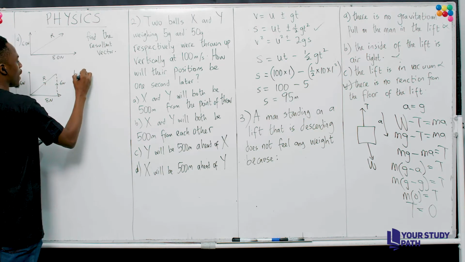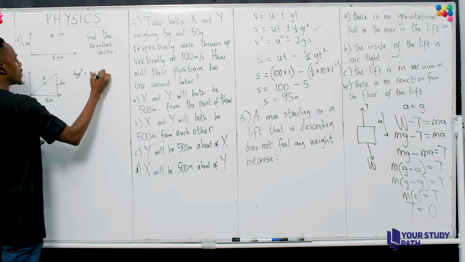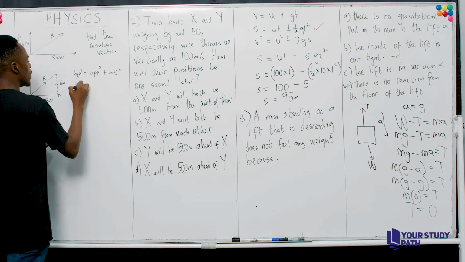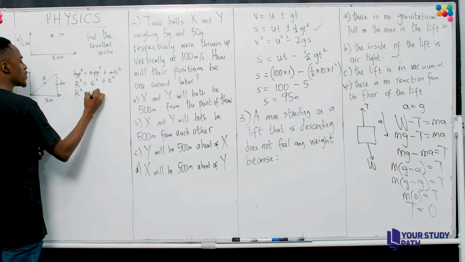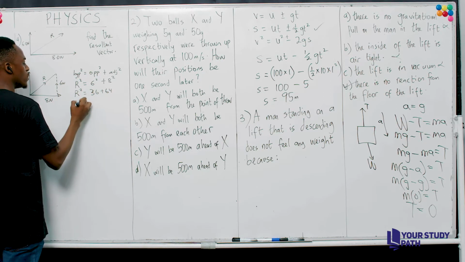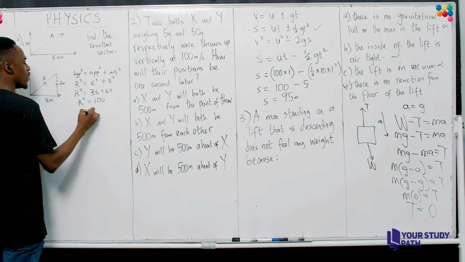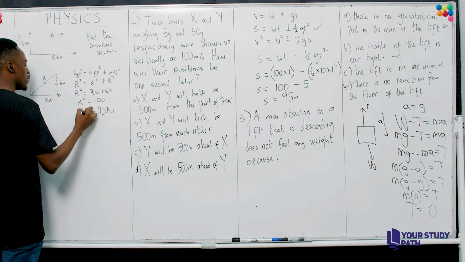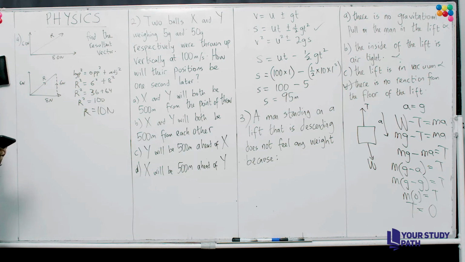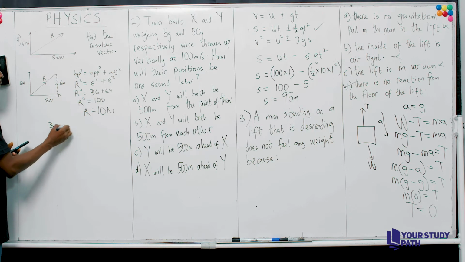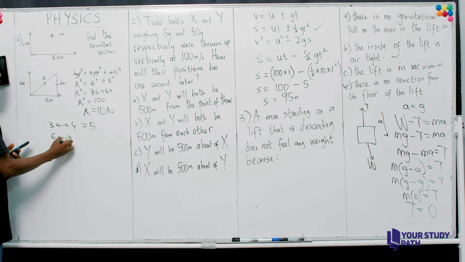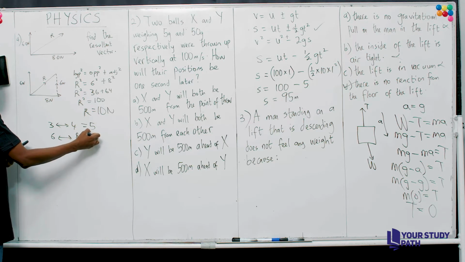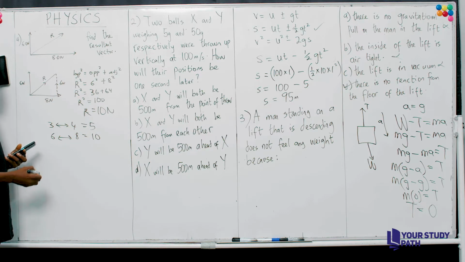We can easily say hypotenuse square is equal to the opposite square plus the adjacent square. So R square becomes 6 square plus 8 square, R square becomes 36 plus 64. R square being 100, the R value becomes 10 Newton. That's quite easy to solve. Even without calculation, you know special values. When you have 3 and 4, you have 5 as the hypotenuse. When you have 6 and 8, you have 10 as the hypotenuse. And when you have 5